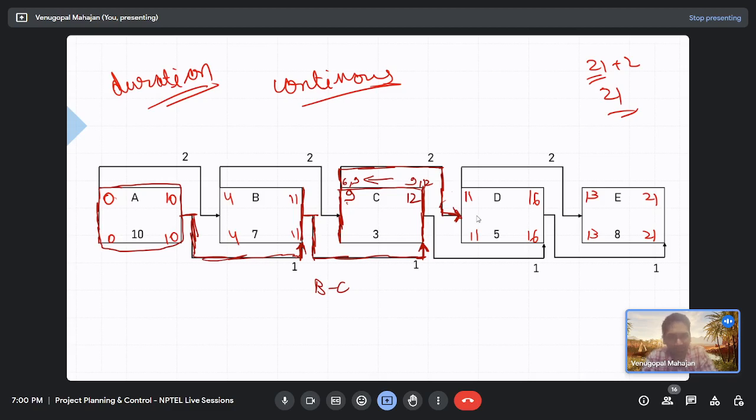Okay, splitting the activities means just one thing you have to be clear about. Right now in forward pass, how were you calculating early finish? You were calculating early finish by adding the duration to early start, and by checking what minimum you were getting, you were putting those values. But right now, early finish to late finish, it could be more than duration also. That is splitting. We will see it in the values and then I will describe it again.